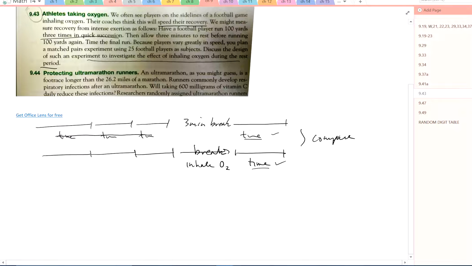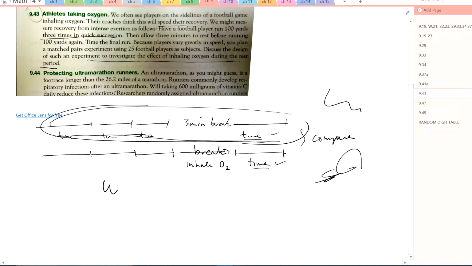So what we want to do is take the same guy, do this treatment of him. Lost my pen here. Oh, now it comes. There we go. See my scribbles. We want to do this first treatment, and then we'll do the second treatment on the same guy and compare each one individually.